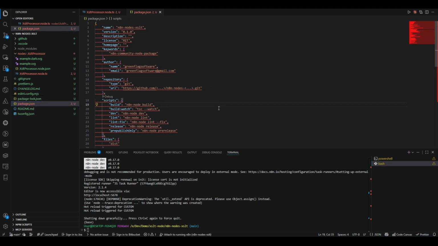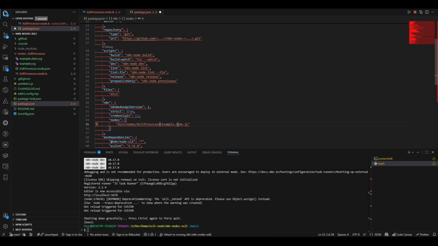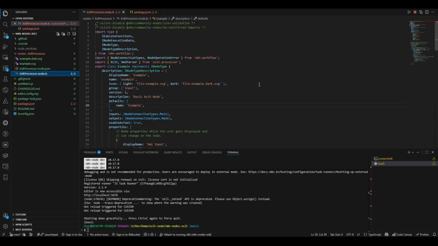Okay, we're also going to have to update the n8n section to reflect the correct directory now and the correct file name. So we have that. A processor node, we are going to want to change our class name here to XSLT Processor. We are going to change the display name, the name,